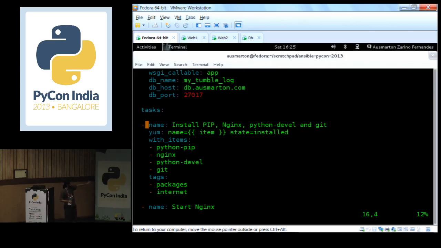Not all modules have this state feature. Luckily yum comes with that, so in the yum module you can say that you want this state, and it's the module's responsibility to make sure that it gets it in that state, however it does it.